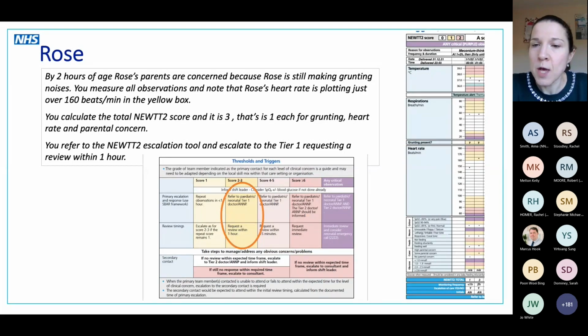And down at the bottom, Rose's parents are now concerned because she's still making that grunting noise, so they're a bit worried, so that plots in a yellow box. So she's got 3 observations plotting in yellow boxes, which makes a total score of 3. And as per our escalation table, that means that in addition to informing the shift leader, you would want to